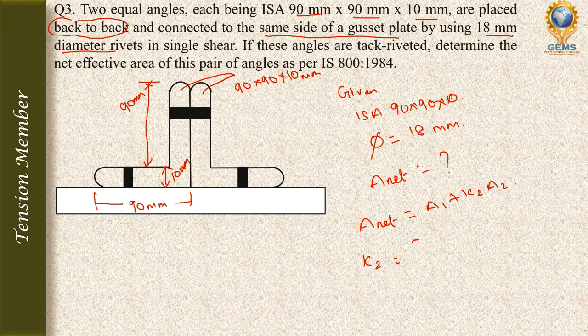So the K2 value will be 5A1 by 5A1 plus A2. So we have to find the A1 and A2 values. How can we find them? A1 is equal to, we have two equal angles,